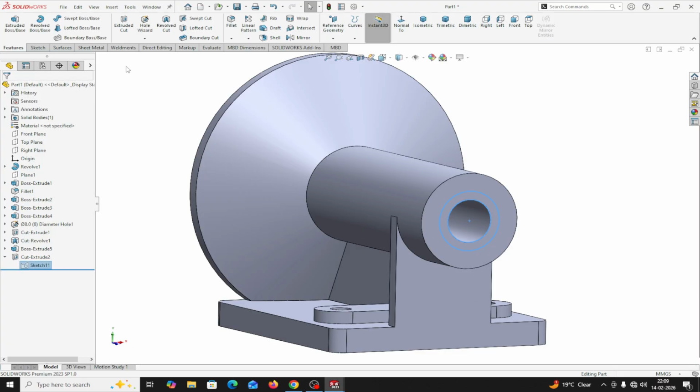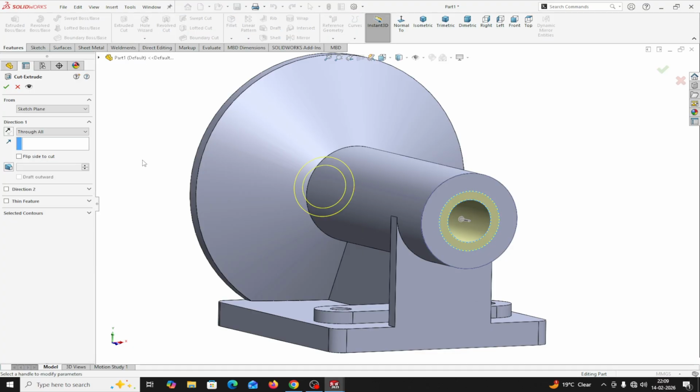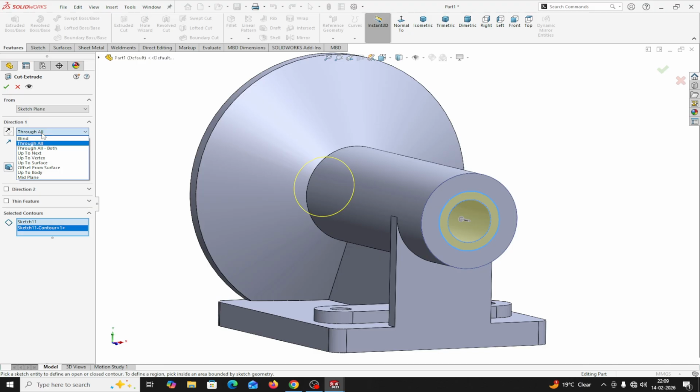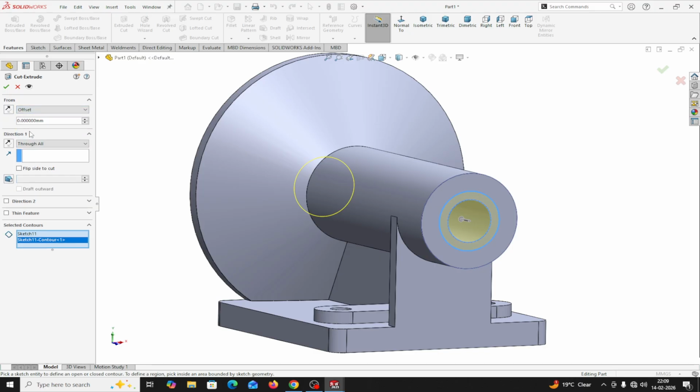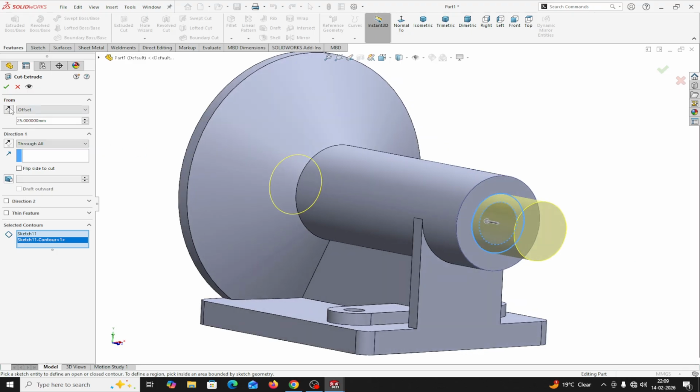Again, I will select this sketch, extrude cut, selected contour. Select this 25 mm dia hole, complete outer dia, select this contour. This option is offset. What is the value of offset? 25 mm. So this is coming toward this side. I am reversing the direction. This 25 mm dia at a distance of 25 mm, but here blind